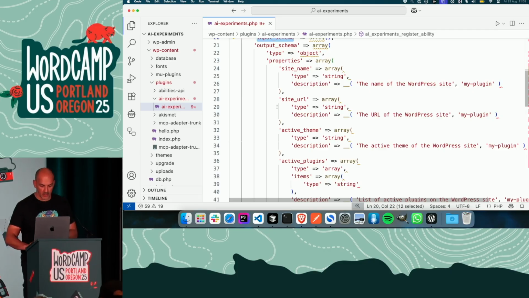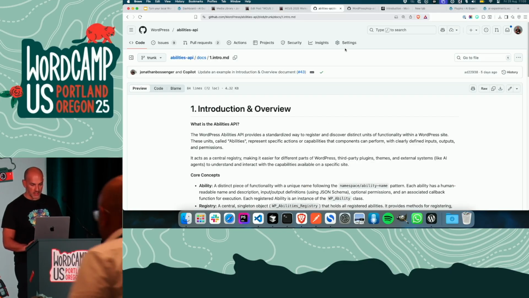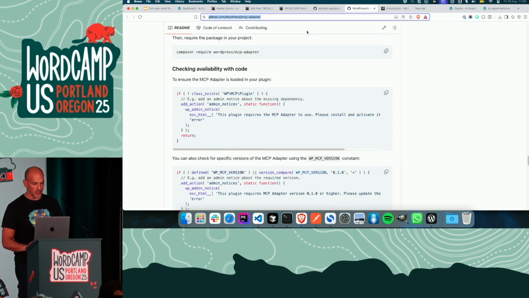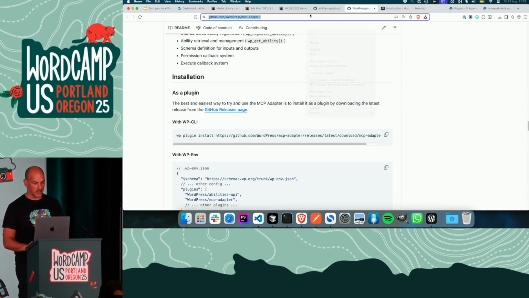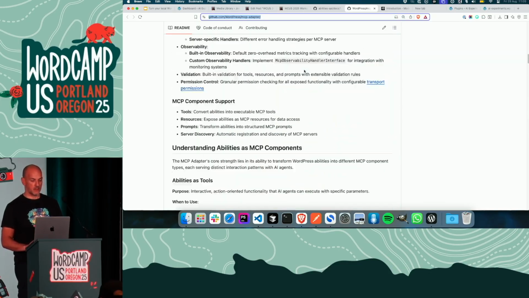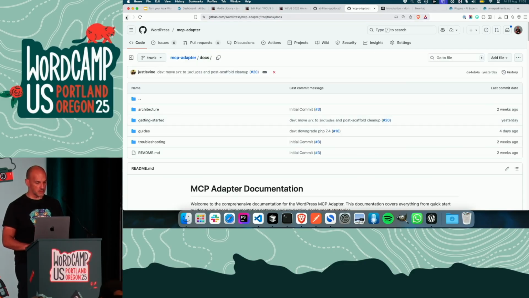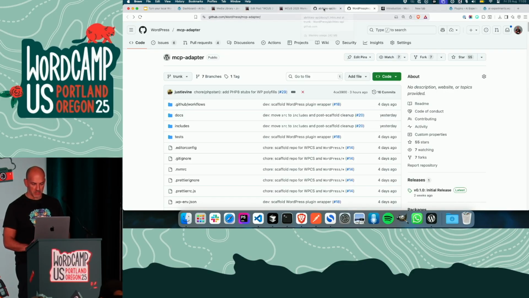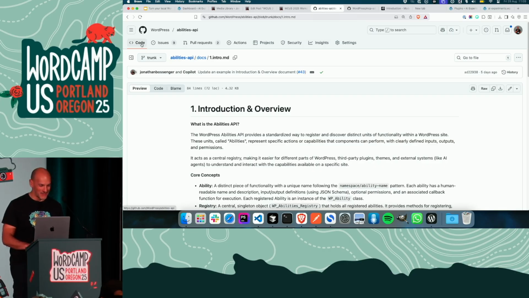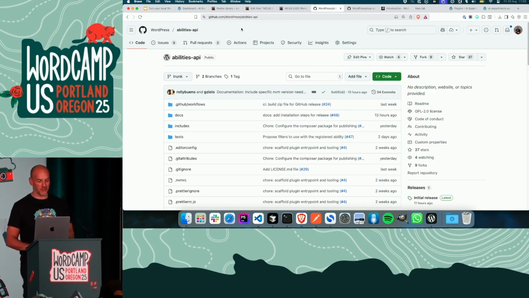Okay, where did they get that code from? If you go to github.com/WordPress MCP adapter, and let me scroll up here, and you click on docs. No, it wasn't docs, I'm talking nonsense. Sorry, it wasn't MCP adapter, it was abilities. So if you go to WordPress,